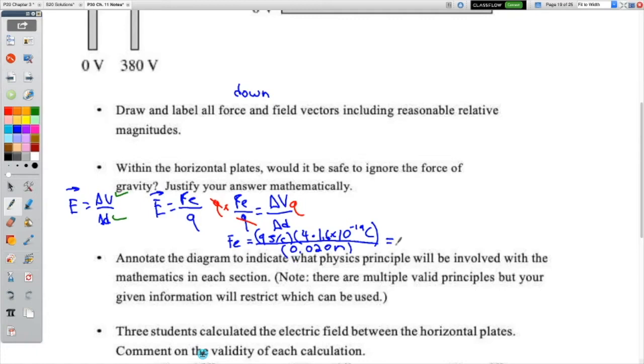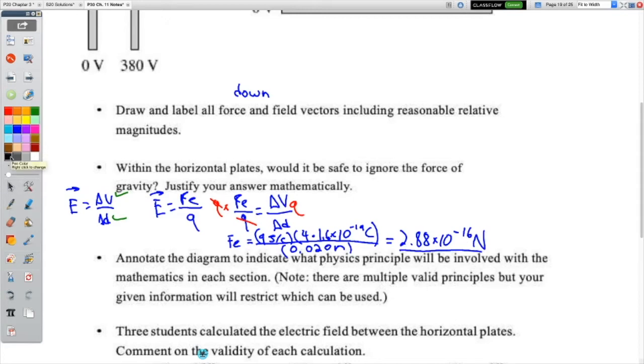And when you plug that all in your calculator, you should get electric force is equal to 2.88 times 10 to the power of negative 16 newtons. Okay, so yes, a small number, right? But let's check in on our